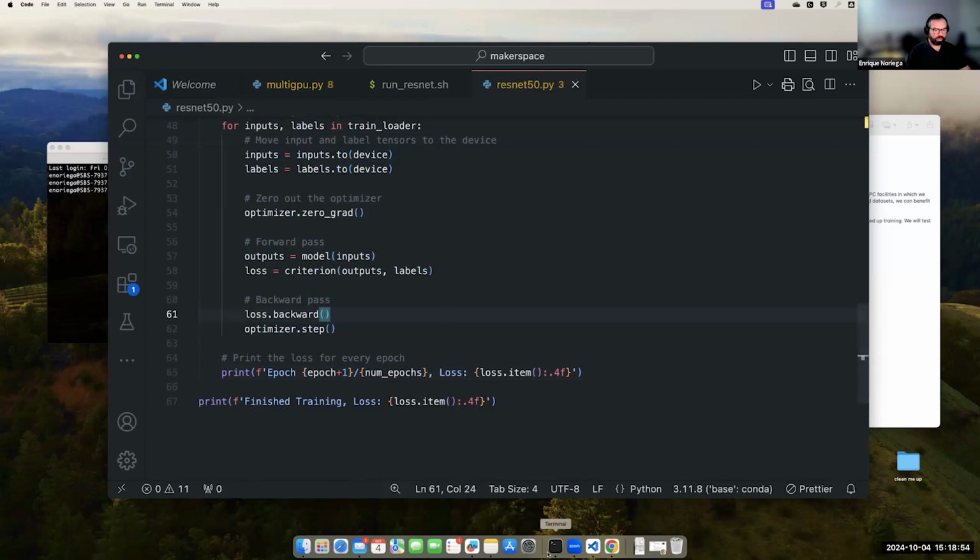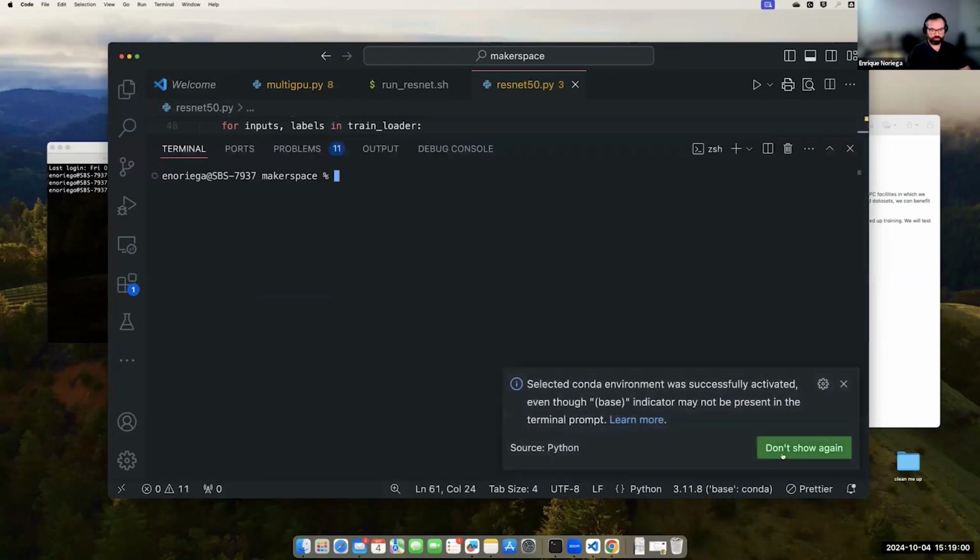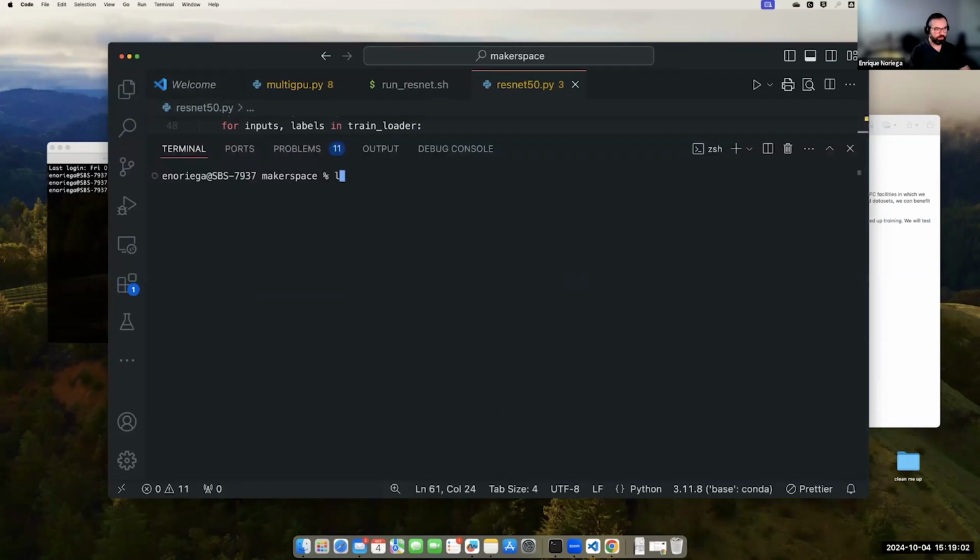The next step that we have to do is that we need to upload this into the HPC. So I'm going to use the scp command, and I'm going to upload ResNet 50 into